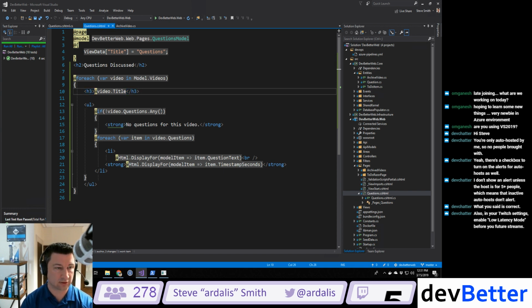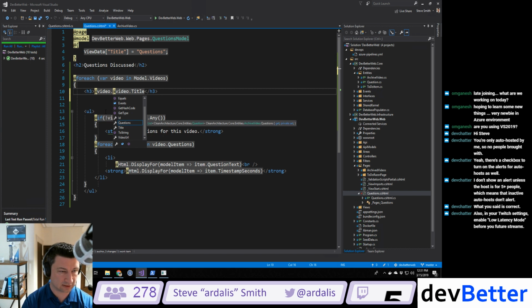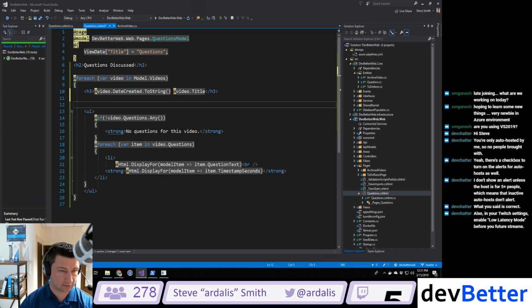Let's do... I don't know what the best way is going to be to show the date with that. I guess we'll just put it in front of it. That's probably good. So we'll say video dot date created dot toString there, and then even just having that space is probably sufficient, but let's do a dash. See how that works. And we can specify a format here, and the format that I prefer, which works great